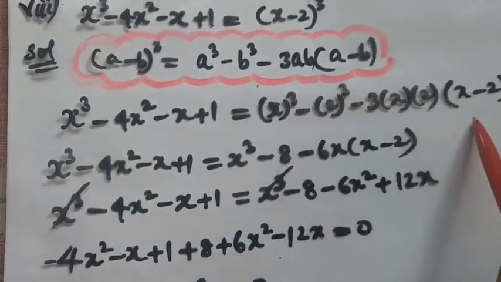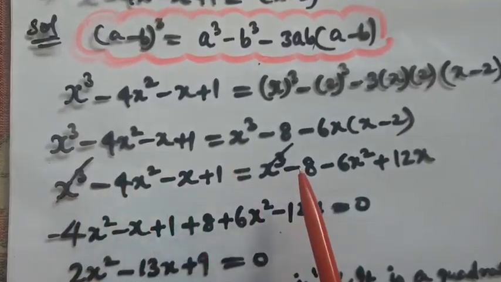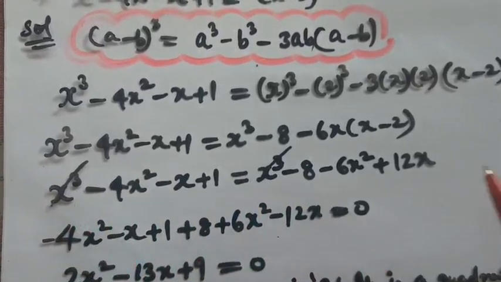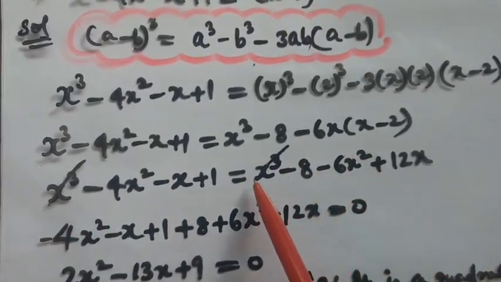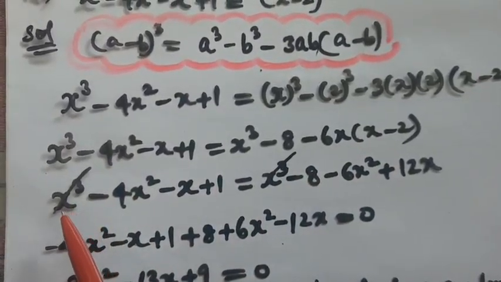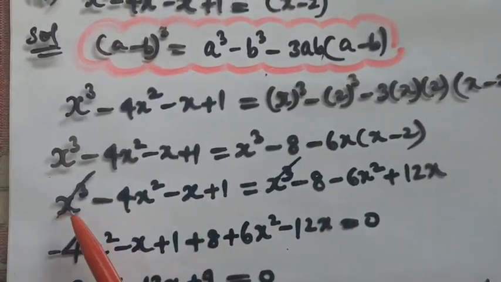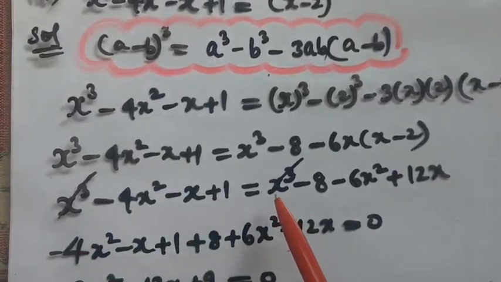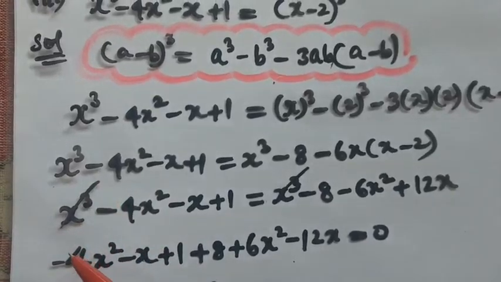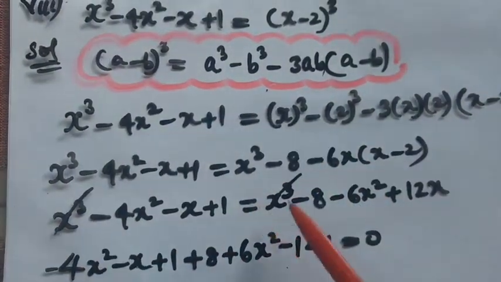So after opening the whole powers and everything, you will be getting the answer like this. And on the equal to side, here I am introducing one new, not a new method, one strategy to reduce our writing work. What we were doing in the previous problem, we were transposing everything here. Now the simplest part here is, whenever you see anything which is exactly same on both sides of the equal to sign, you can directly cancel. Why can you directly cancel? Because when you transpose, obviously they will become opposite of each other, and then you have to cancel. So instead of doing that, let's decrease the steps. Directly I am cancelling the cube term, because they both are same.